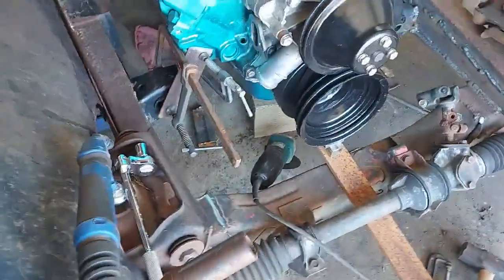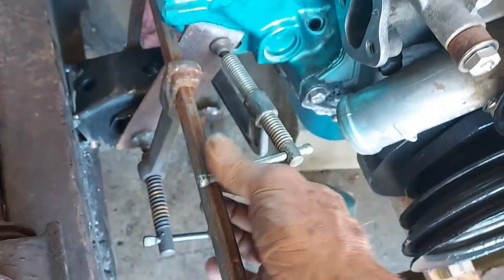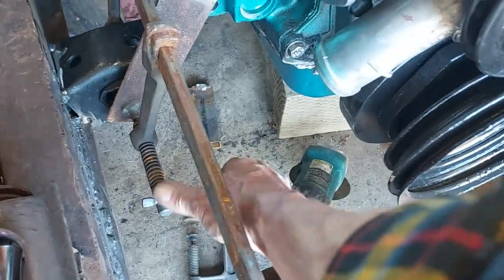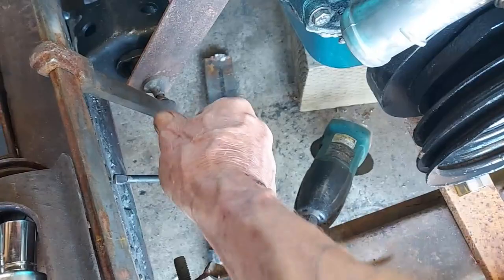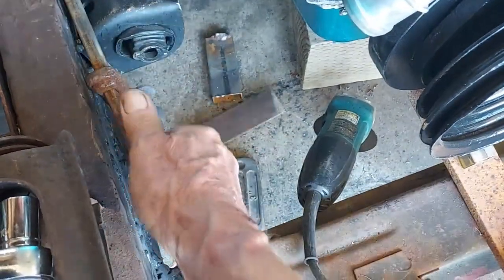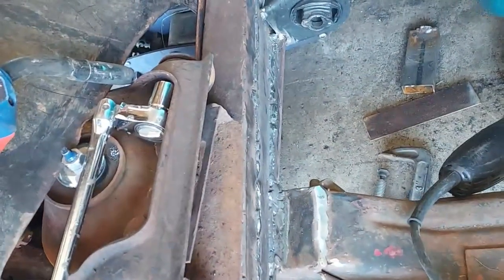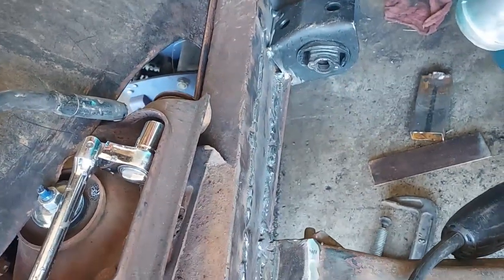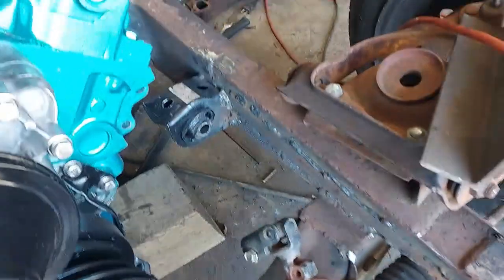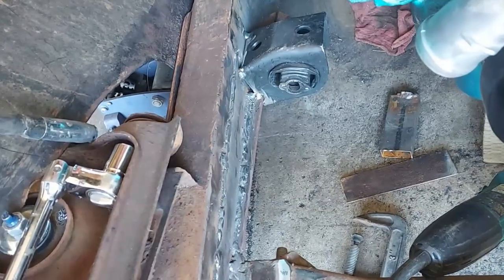now I can take my plate out of here, give myself a little room to weld. And now I can weld this up. I really glarped it on over there, and I still haven't done the top one, but